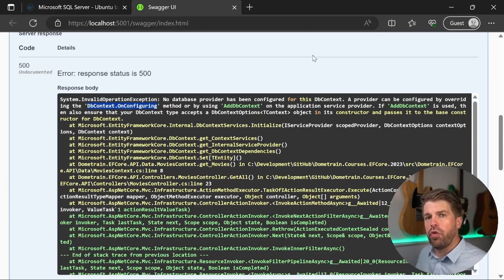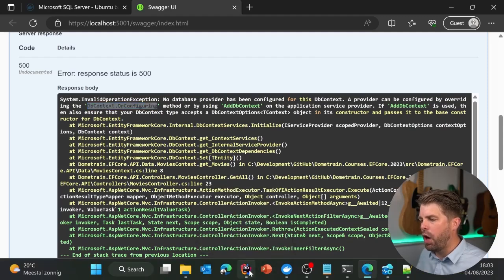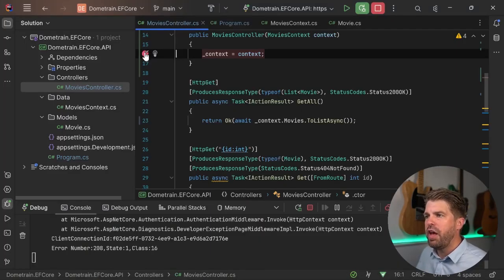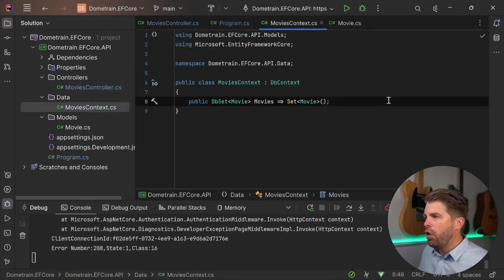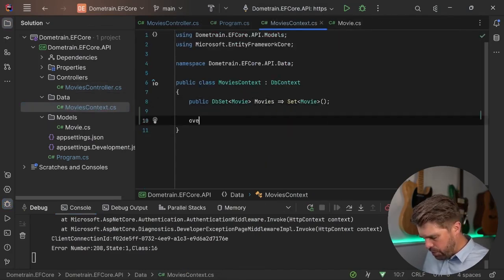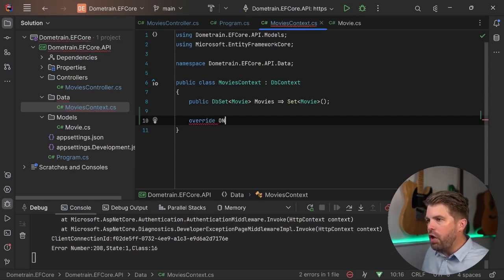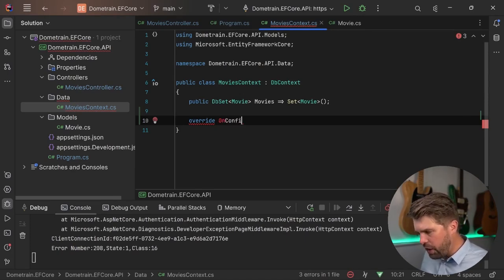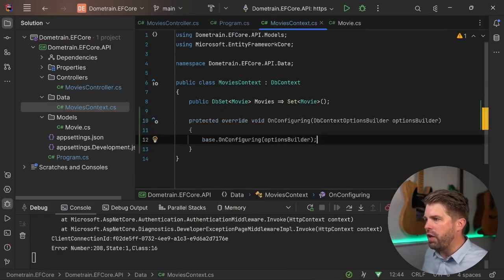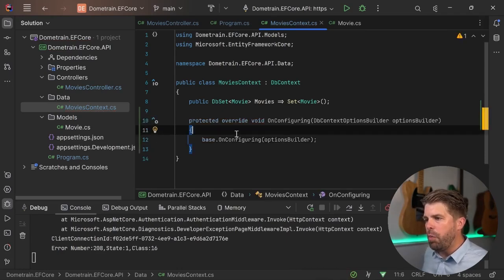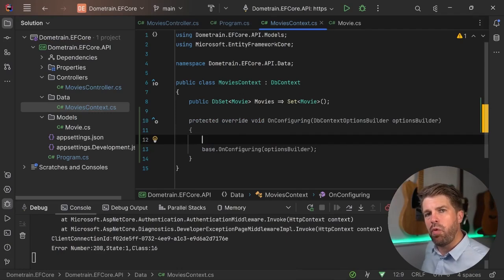In order for us to do that, we will have to go back to our movies context and actually override the OnConfiguring method. So we'll do just that. Now, the OnConfiguring method is where the DB context instantiates and tries to figure out what it needs to do. So we can override that, and we can use the options builder to tell Entity Framework which database engine to use and what